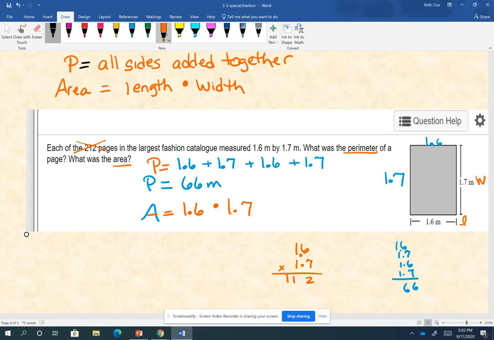So y'all let me know if I do it wrong, okay? And I'm going to get 2 decimal places, right? So length times width is going to be my area, and I'm going to get 2.72